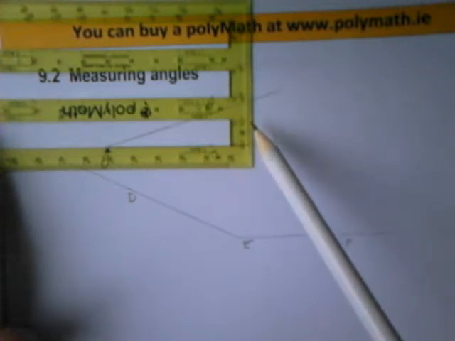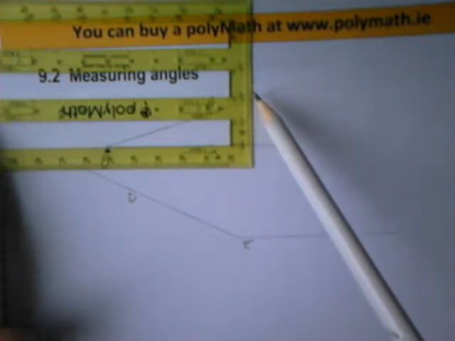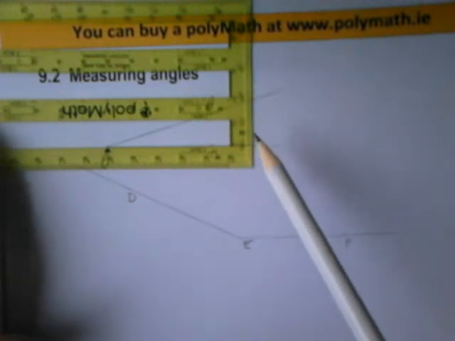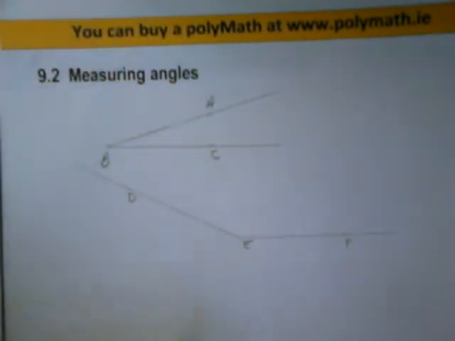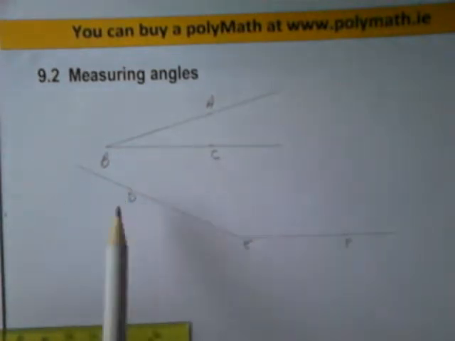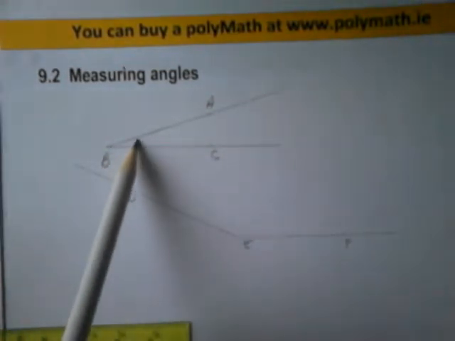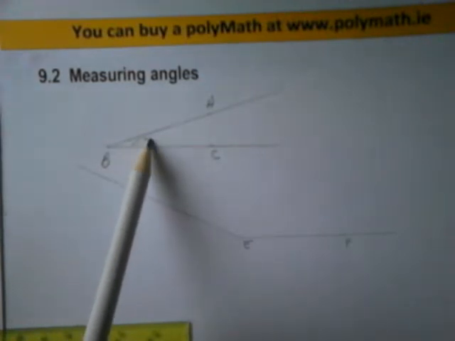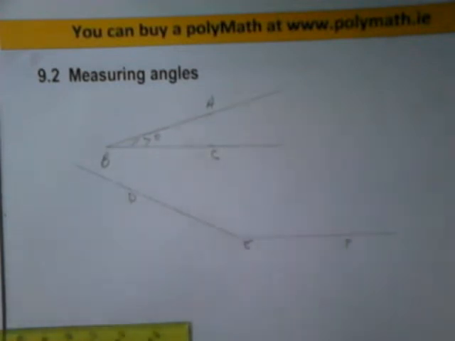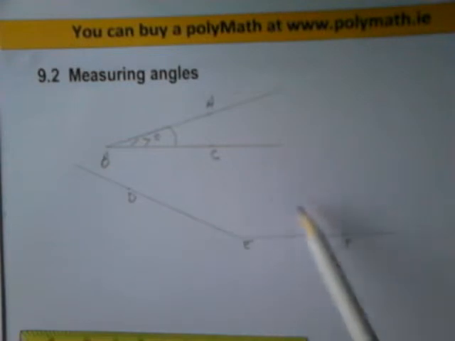So that's 0, 10, it's not quite 20, it's 3 back from 20, which means it is 17 degrees. So that angle is 17 degrees. And we can write 17 degrees in there if we want to. 17 degrees. There. Next, I'm going to measure this angle here,